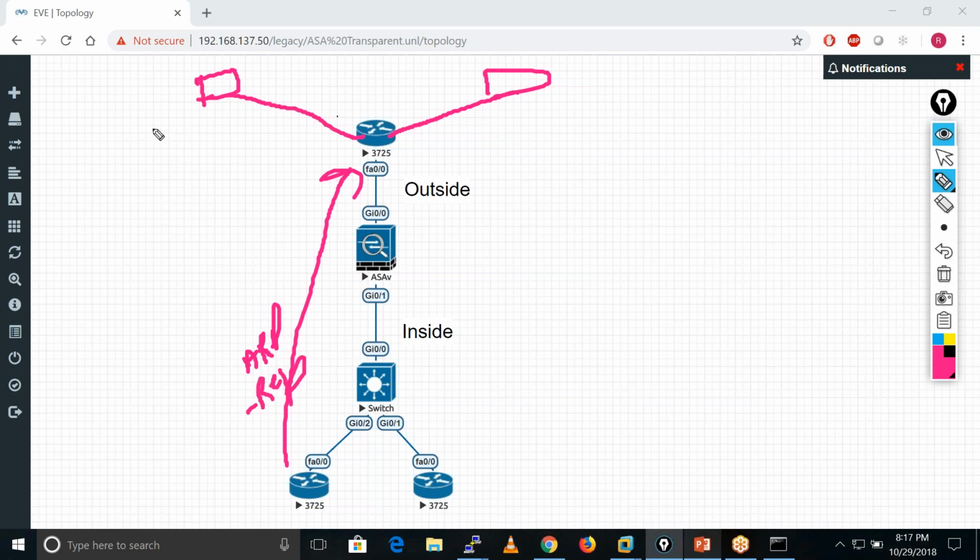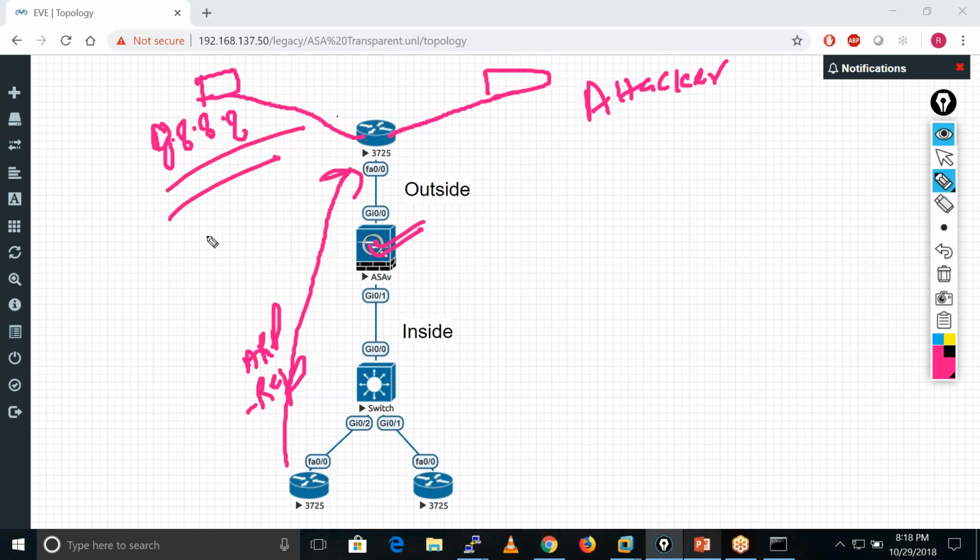So this is like 8.8.8.8 and this is the attacker. If we don't enable ARP inspection on this firewall, what happens in that case? The ASA is not having any entry regarding this IP, right? And the MAC address and the interface. So what happens if the attacker gives the reply? He just passes this traffic.